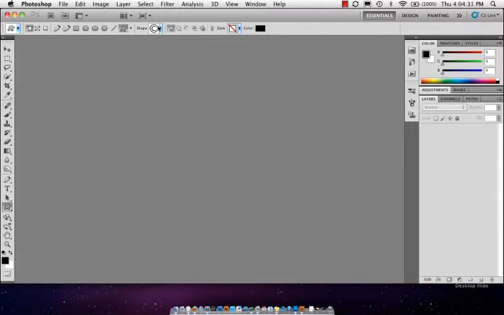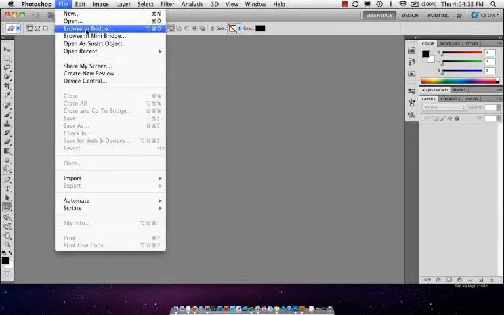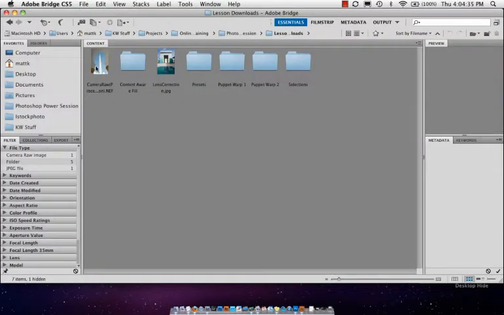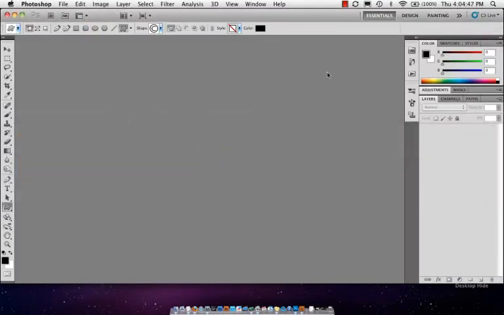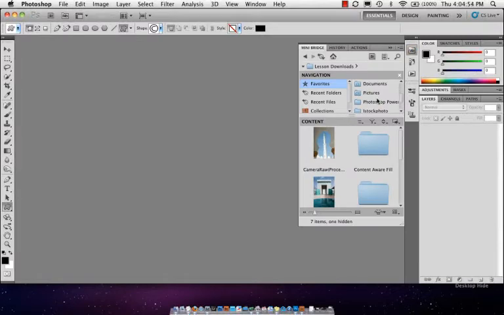So here's Photoshop, right? If I come over here to File, I can go to Browse in Bridge, and that opens up basically the file browser, which is what we call Bridge. You can navigate around and do all kinds of different things in Bridge. So Bridge is not new, although there are a couple of new features with it. What they have done is put what they call Mini Bridge inside of Photoshop. It's that little MB icon, and what it does is it brings some of the features and functionality of Bridge